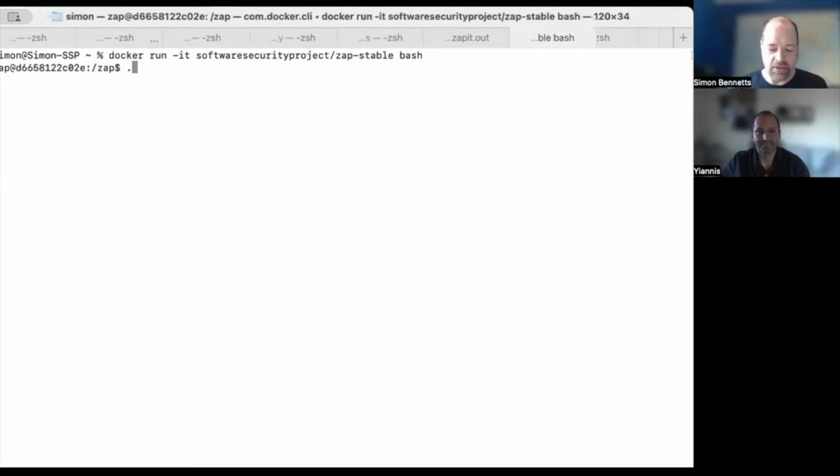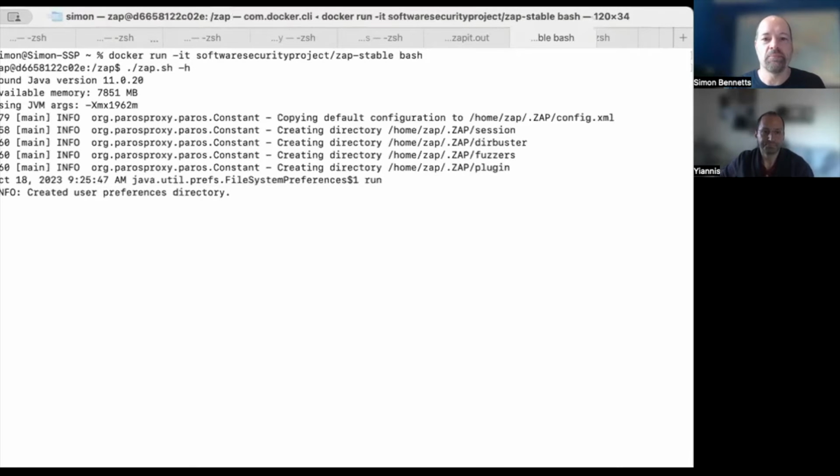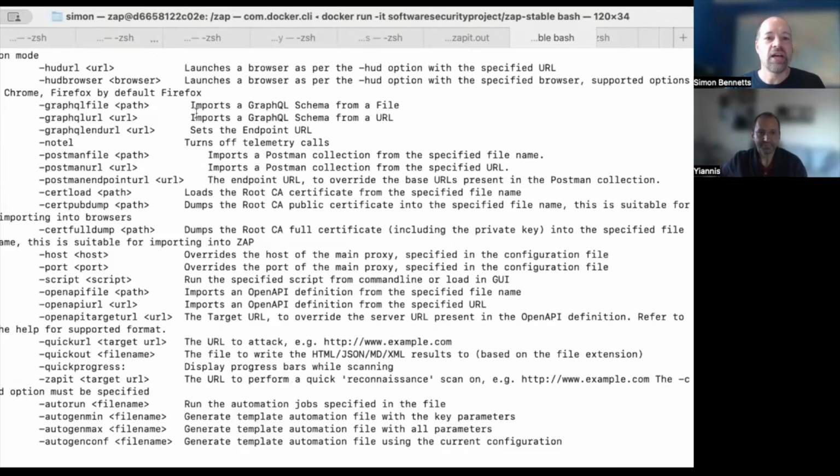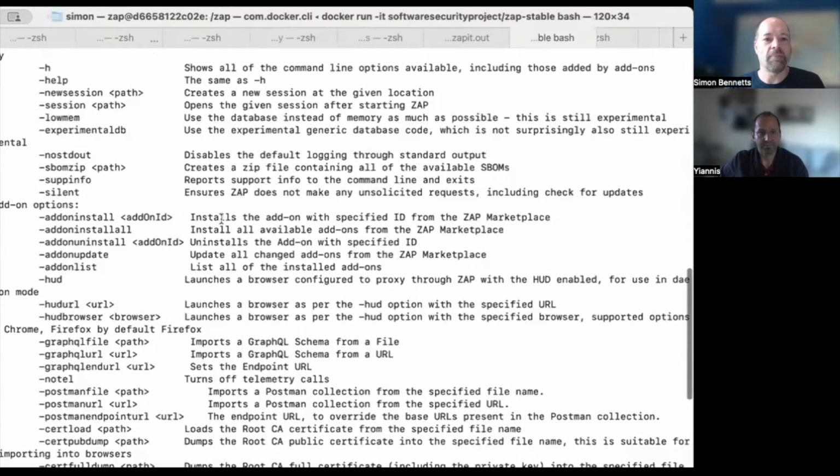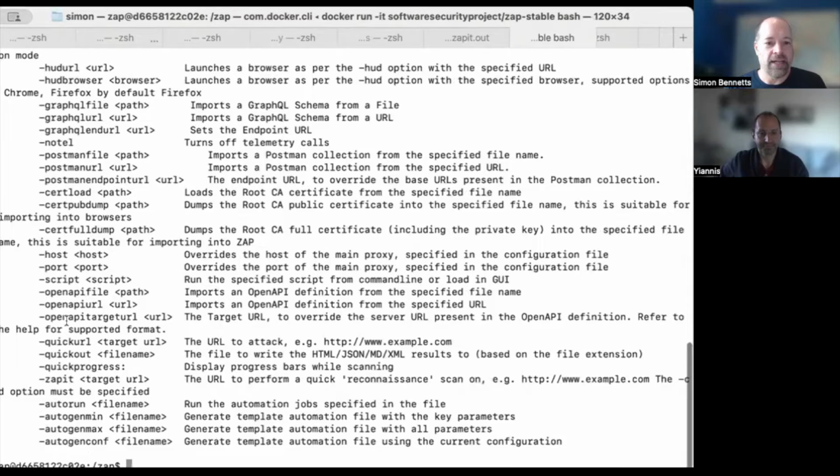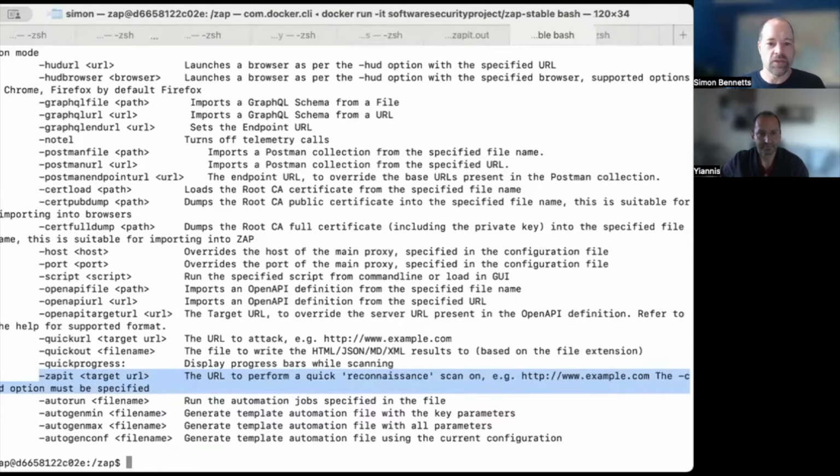Now, if I run ./zap.sh -h just to show the help, it will set up the root to the standard directory. As you'll see, we've got a whole load of command line options. And lower down here, we'll see ZAPit target URL, for a quick reconnaissance scan. It also says the -command option must be used. So what I'm going to do is -command and then -zapit and https://